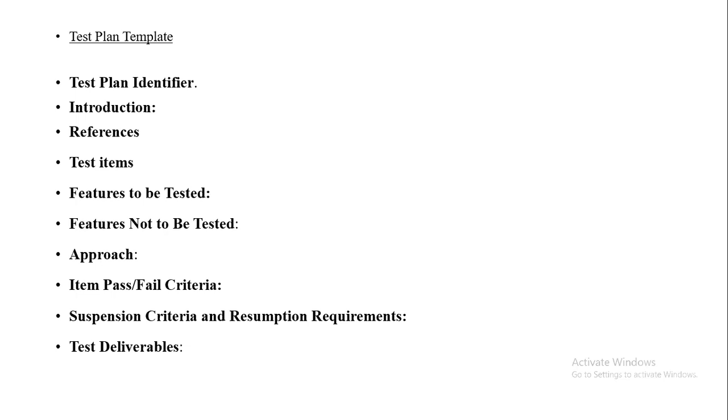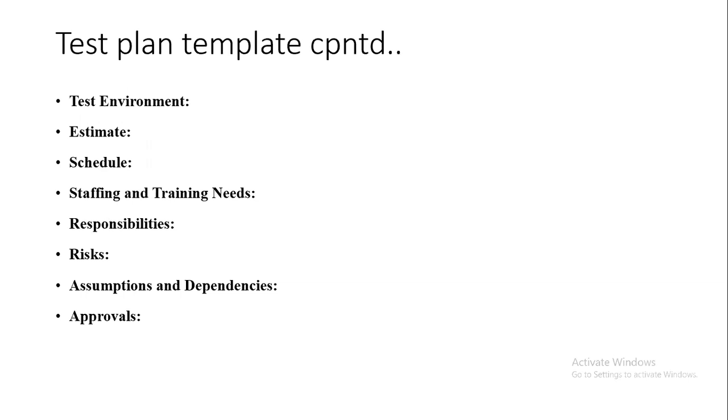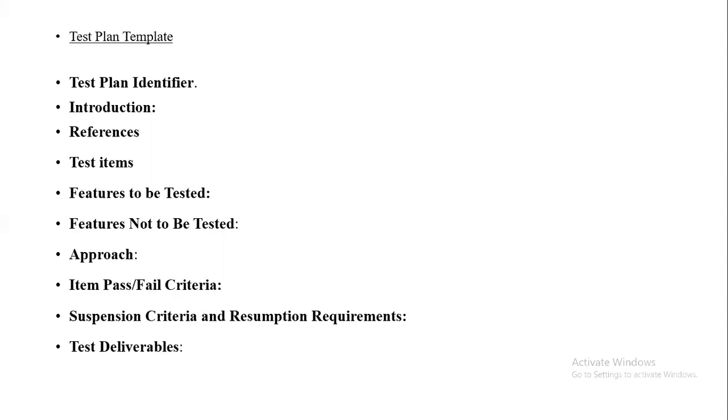In the same way, whenever we are taking any project, not all the items in the template are applicable to all projects. Some of the template items are not applicable, and at that time you can take them off. Assumptions and dependencies may not be there for all. So based upon our application and project, we can add whatever is relevant to our project. We have seen what all is there in the test plan template.